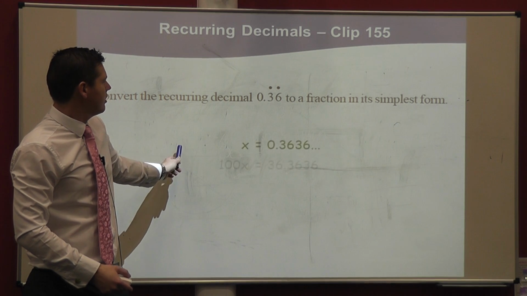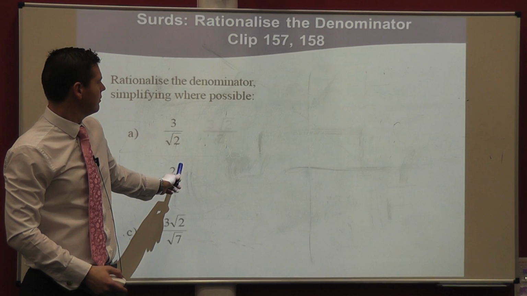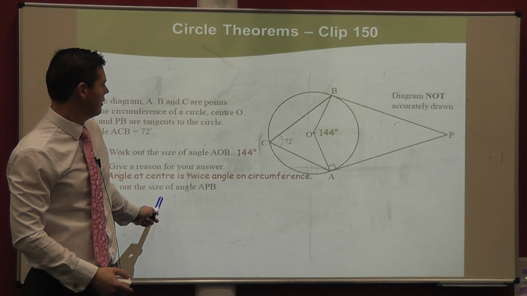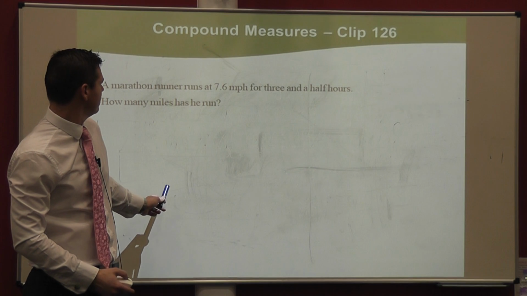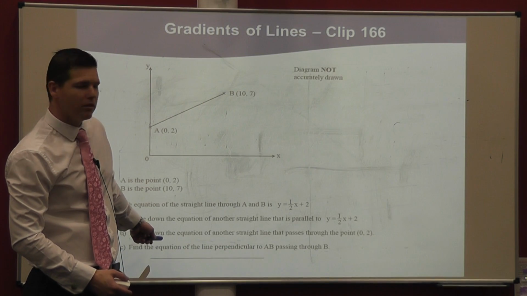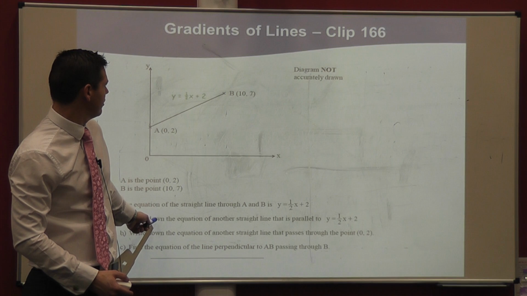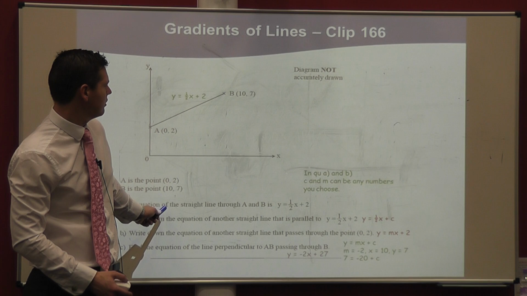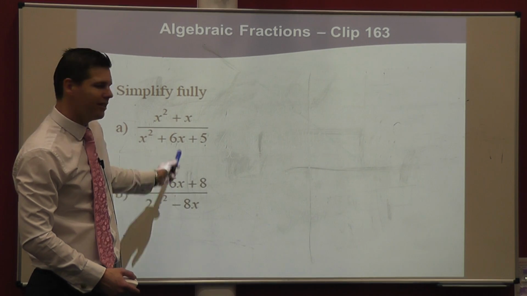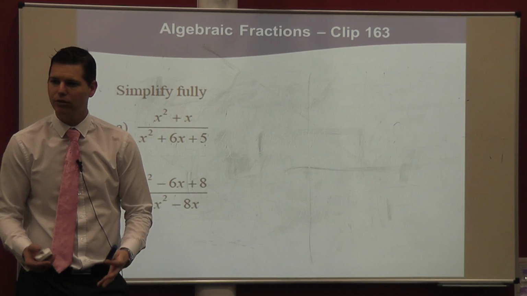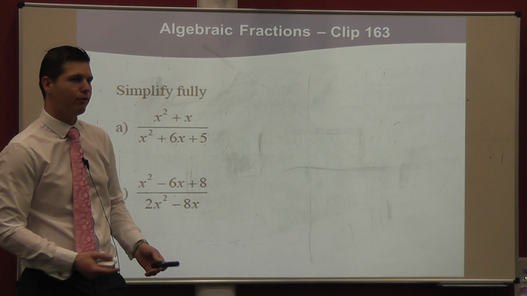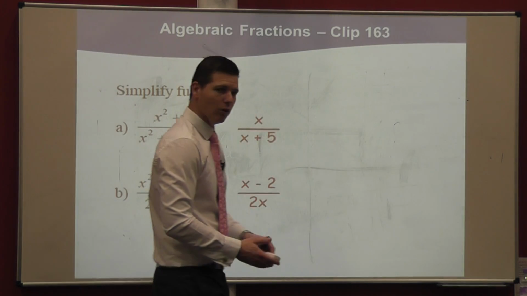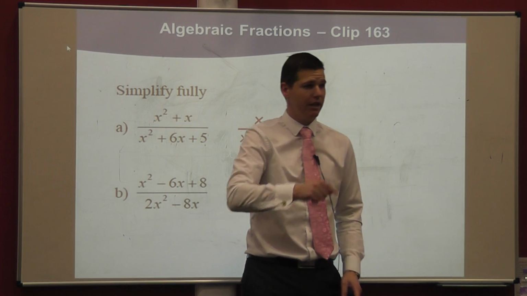These final questions are recurring decimals, rationalising the denominator, circle theorems, compound measures, perpendicular lines and coordinate graphs, and simplifying when you're going to have to factorise both the top and the bottom of an algebraic fractional term. So there's still quite a few skills for us to cover, but there's definitely enough on that for you to sit there and do,